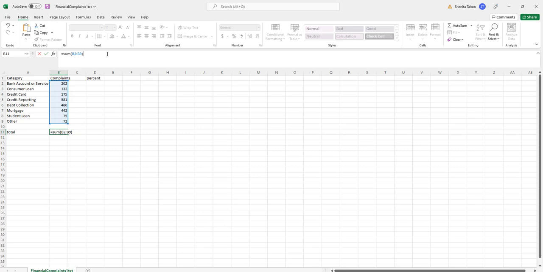I close it out with another parentheses and hit equal, and I get the 2,165, which is what we calculated before. So now to figure out the percent, I'm going to type equal, and what I want is for this first cell to be divided by 2,165. So I'll take cell B2 because that's where the first number is located, and as you can see, it highlights the B2. I'm going to divide that by 2,165,